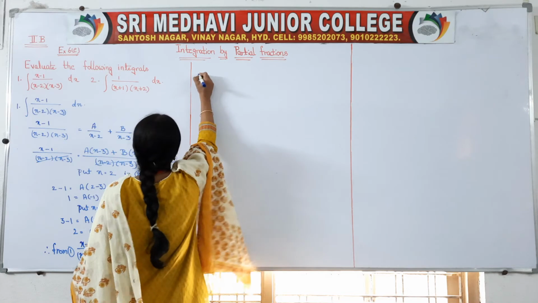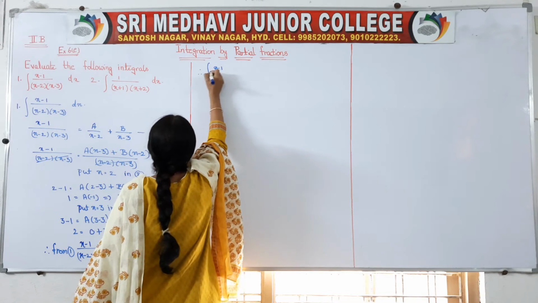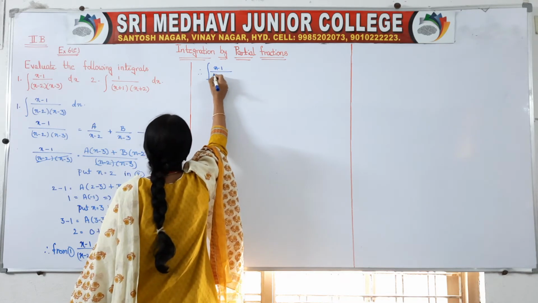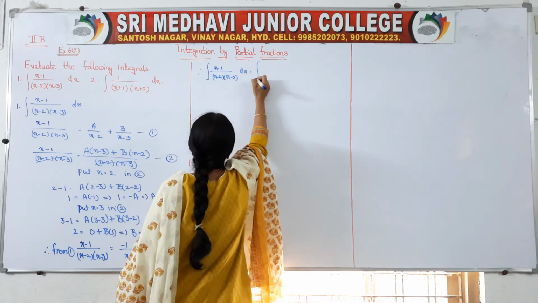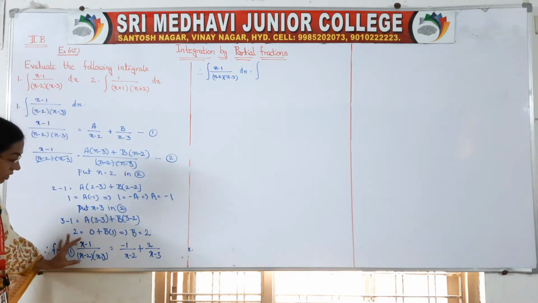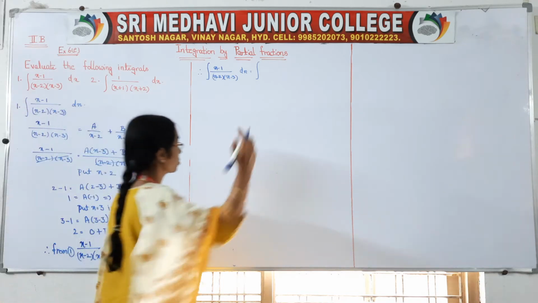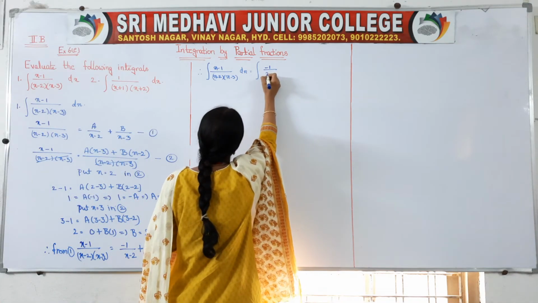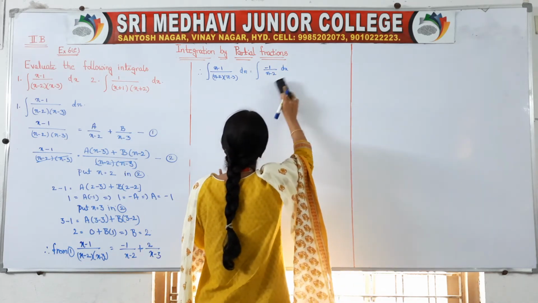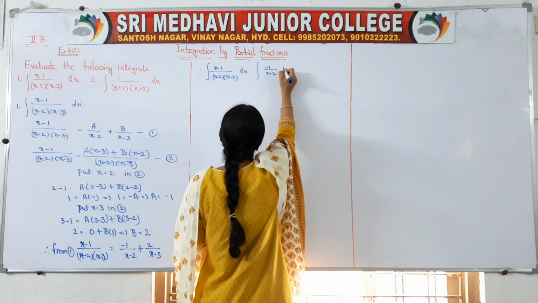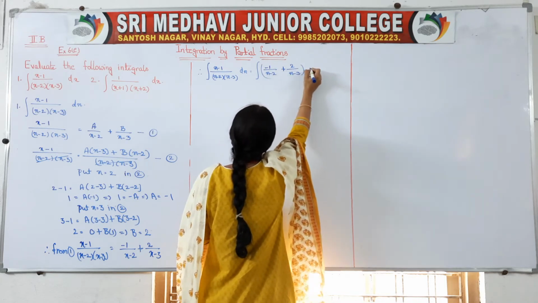So therefore now you take your integral. Integral of x minus 1 by x minus 2 into x minus 3 into dx is equal to integral of, we got this value as 2 values. So now you write these 2 values. It is minus 1 by x minus 2 into dx, right? Otherwise first you write combinedly, then you apply dx. Okay, so 2 into x minus 3 into dx.